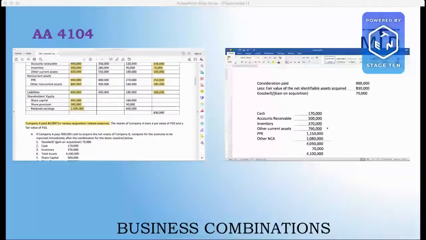But be careful if the question asks for cash, because aside from adding the balances from the books of the acquirer and the fair value, which is also the face amount already, the same as the book value for cash, you have to remember to deduct the payments made by the acquirer in relation to the acquisition. So please do not forget to deduct the consideration. If there are acquisition related costs paid by the acquirer, please do not forget to deduct the